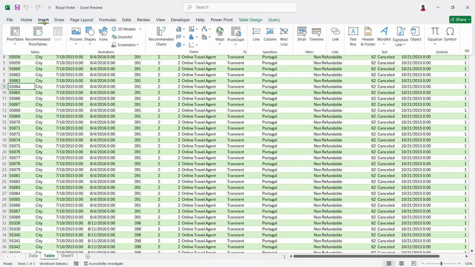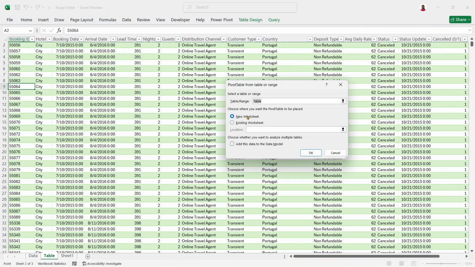Select Insert, then select a pivot table from Data or Range, then make sure it's still selected to New Worksheet, and tick this box, Add this to the data model, and click OK. So we're going to wait for it to form a new page where we can be using for our pivot